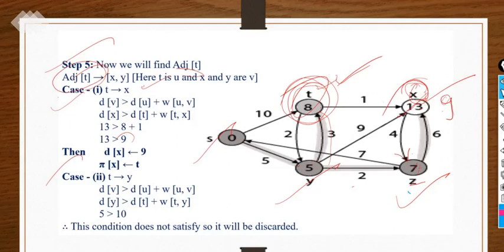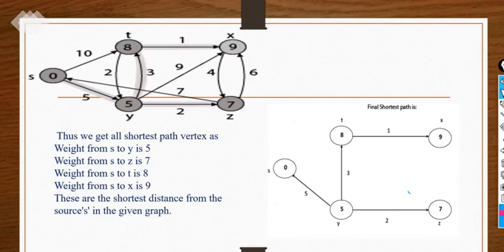Yes. Now what we have as the final result is like this. This is the darkened position. We have selected the path s to y, y to t, t to x, and y to z. All the vertices are covered, and we are at the last. We are with the shortest path. So we have designed this dark path like this in order to find the final shortest path. Now we have the weight from the source node to each and every vertex from s to y.